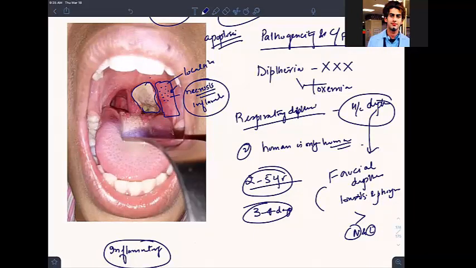What happens once you have necrosis? Once something is damaging, things start coming out from the nearby blood vessels, and they form an exudate. I'll be teaching you in the second year. For this time, first year people, remember it's an exudate. These exudates which are coming out will lead to the formation of a pseudomembrane.